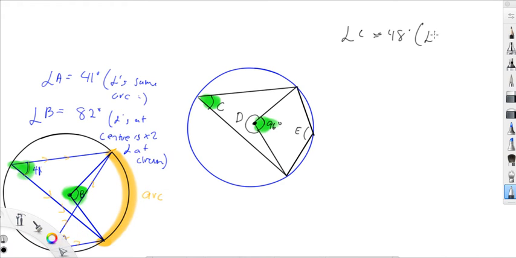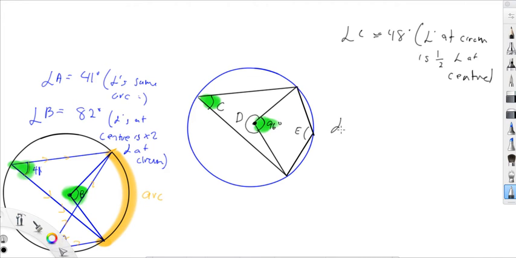So we can use it this way: angle at circumference is half the angle at center. Apologies for the really bad writing. Let's look at